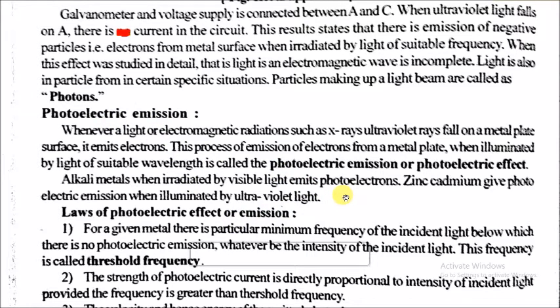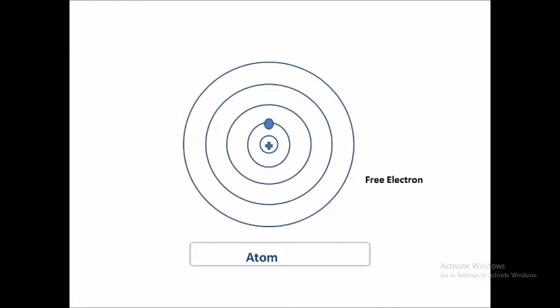Now, we will consider what the actual process of the photoelectric effect is. Let us consider the atom. Every material is made up of atoms. So those plates which show the photoelectric effect are also made up of atoms. This is the structure of an atom, in which the center is the nucleus, which is positively charged, and around that there are a number of orbits in which electrons are filled and revolving around the nucleus. Suppose initially I have only one electron, and this first orbit is the outermost orbit, and all the orbits above that are completely empty.